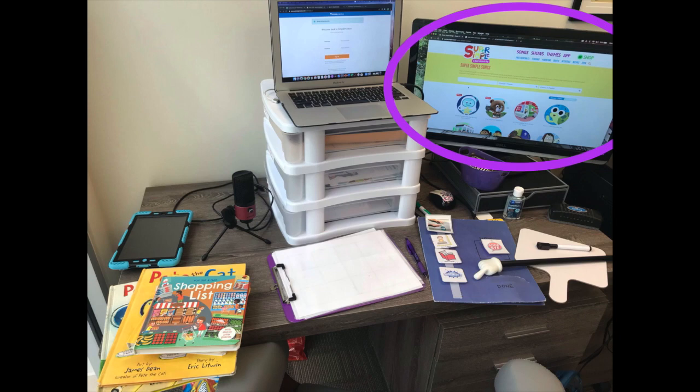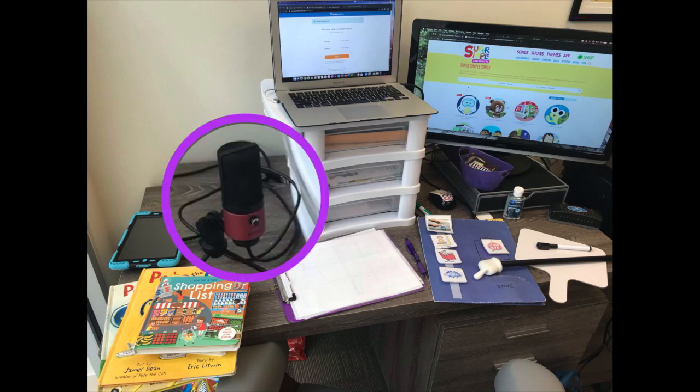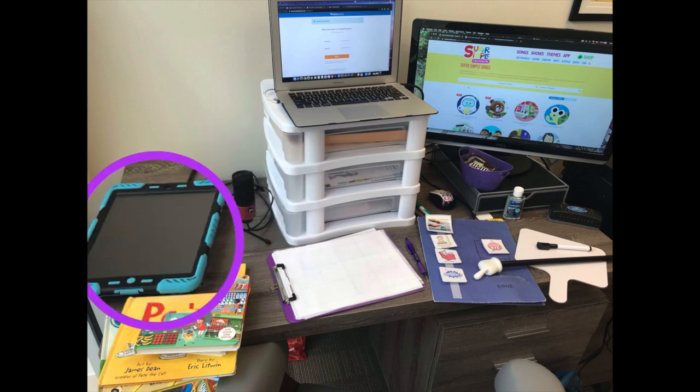What I do is I'll pull up the video on my laptop, and then on the right side on the monitor, I'll have multiple tabs pulled up of what activities I want to work on with the kids as far as online activities. I have a microphone and it's plugged directly into my laptop. I already had that microphone and it seems to work really well. I have thought about getting a headset with a microphone to block out any kind of background noise that might be happening. I do have my iPad there.